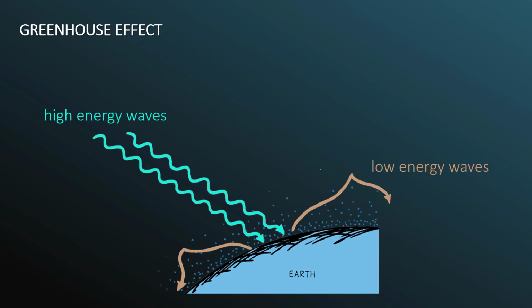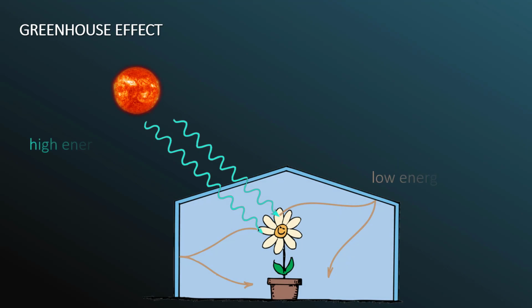Now, this effect can be artificially created as well, like in a greenhouse. The sun's temperature is very high, meaning it emits electromagnetic waves of high frequency. Those high frequency waves pass easily through the green glass of a greenhouse, just as they easily pass through the Earth's atmosphere. Those waves are then absorbed by the plants inside the greenhouse, and the plants then emit their own electromagnetic radiation, but because the plants are at a much lower temperature than the sun, their emitted electromagnetic waves have lower frequency and long wavelength, which cannot pass through the green glass of the greenhouse, but instead get reflected back to the plants, keeping that whole enclosure at a relatively constant temperature.